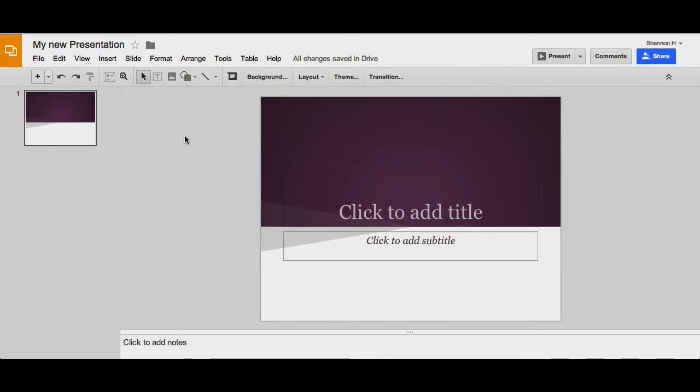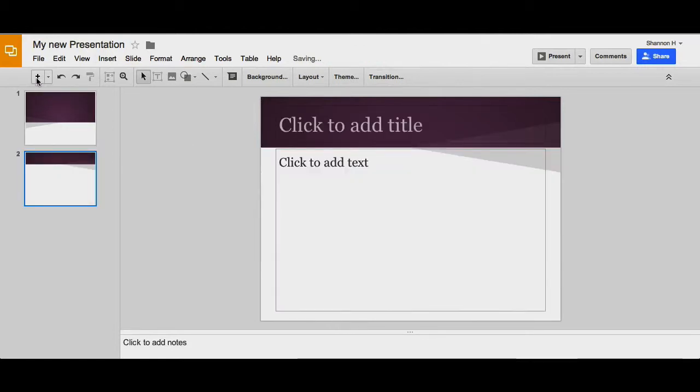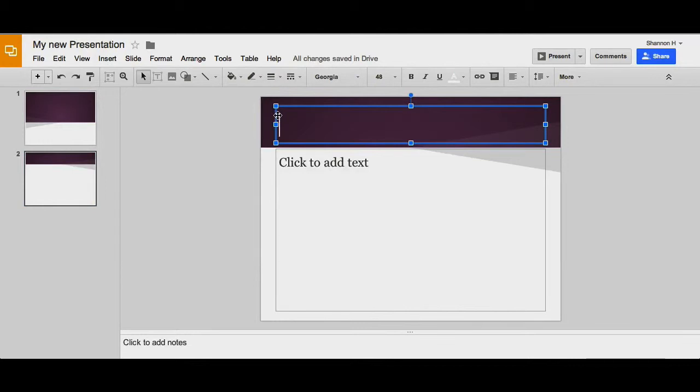Now that we've had a quick tour, we're going to actually start to build a slideshow. I'm going to add a new slide with the plus button. It automatically defaults to a title and a text box. I'm going to change some information. And you'll see